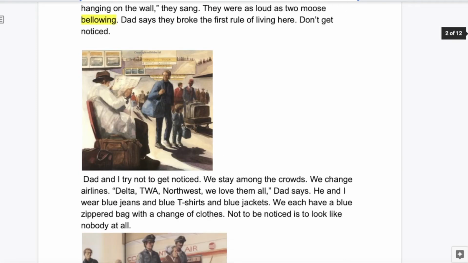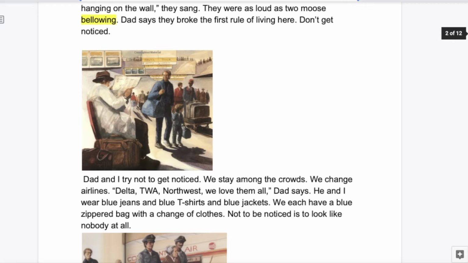Dad and I try not to get noticed. We stay among the crowds. We change airlines. Delta, TWA, Northwest. We love them all, Dad says. He and I wear blue jeans and blue t-shirts and blue jackets. We each have a blue zippered bag with a change of clothes. Not to be noticed,